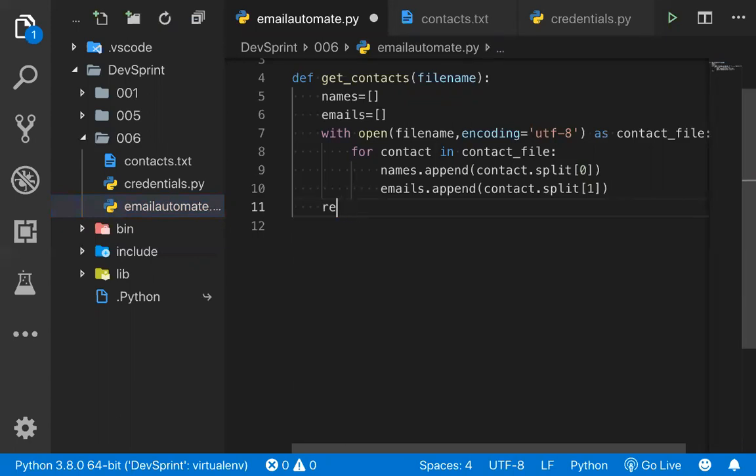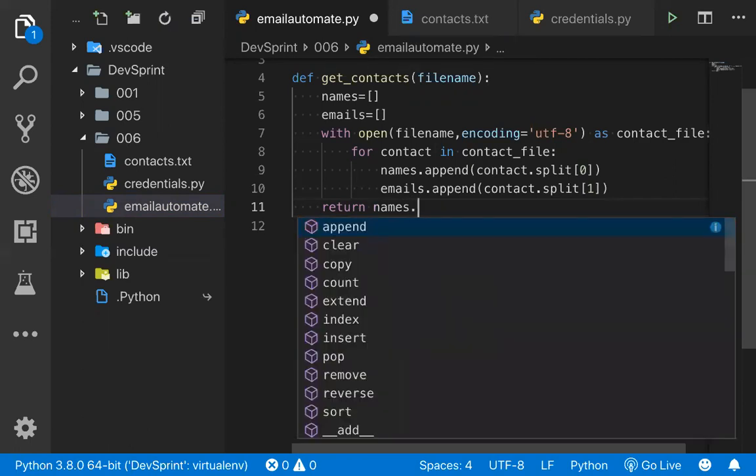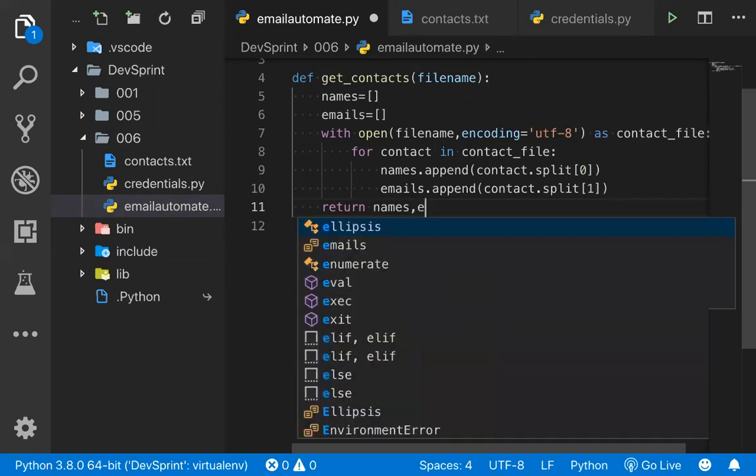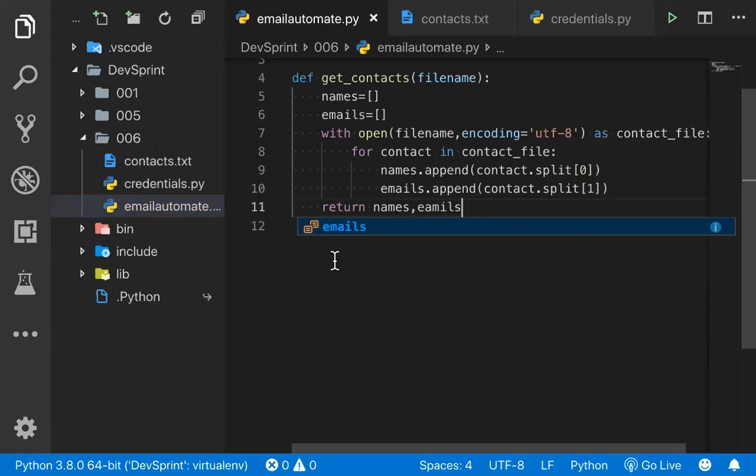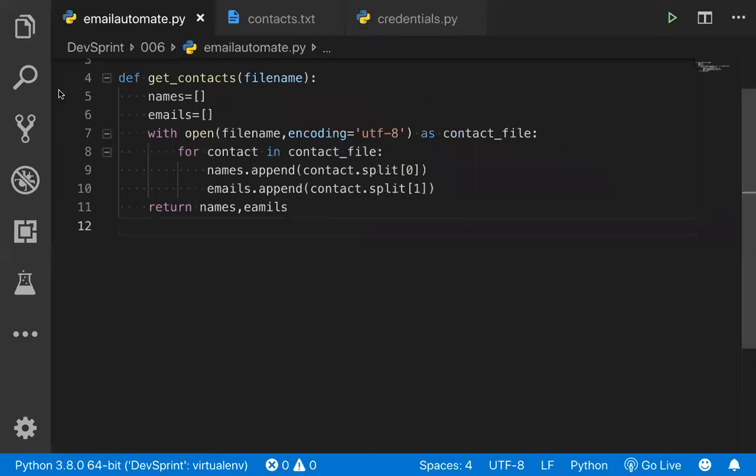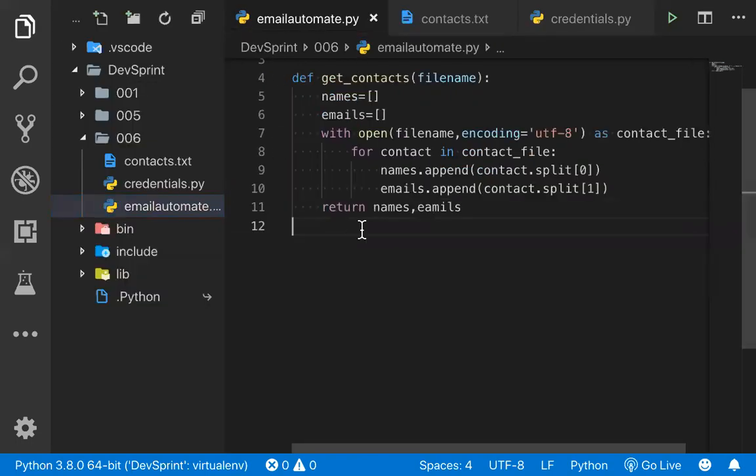Okay, so I will return this information whenever we call this method. So whenever you call get contacts, it is going to return the names as well as the emails. Emails and names are nothing but a list here. So you can write n number of names and emails. It is up to you how much you write in your programming skills, according to your logic.